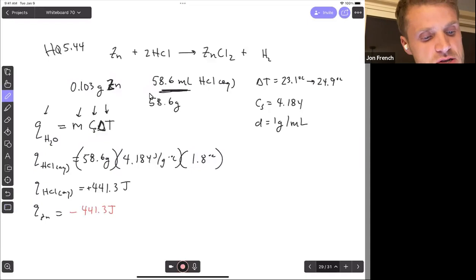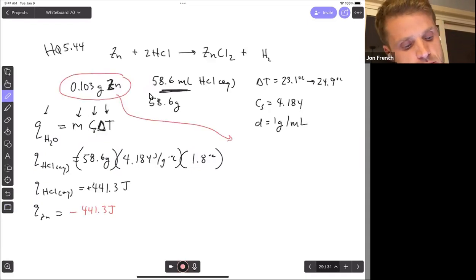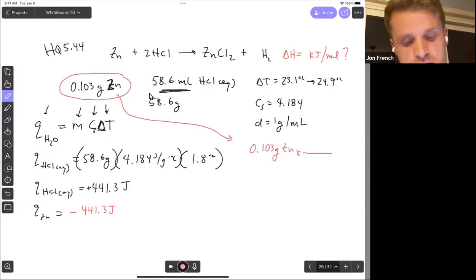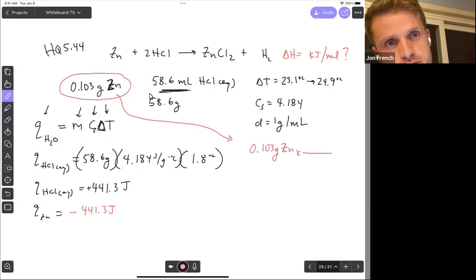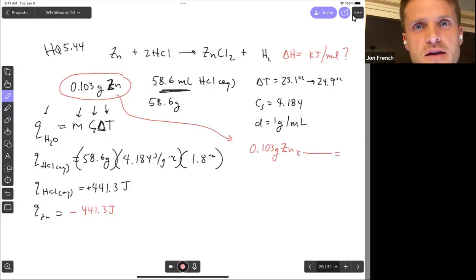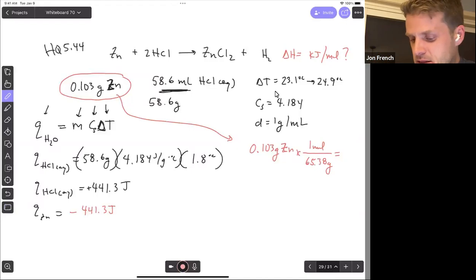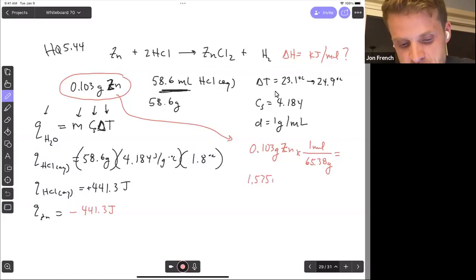Now I'm going to do the same thing we did before. We're going to just take zinc and turn it into moles, right? Because we're looking for the energy for this reaction in kilojoules per mole. So I've got 0.103 grams of zinc, and MK is going to tell me that zinc is like 64 grams per mole or something like that. Oh, MK's leaving me hanging here. Oh, 65. All right. Thank you. 65. It's close. 65.38 grams per 1 mole. All right. So 0.103 divided by 65.38, and we get 1.575 times 10 to the minus 3 moles